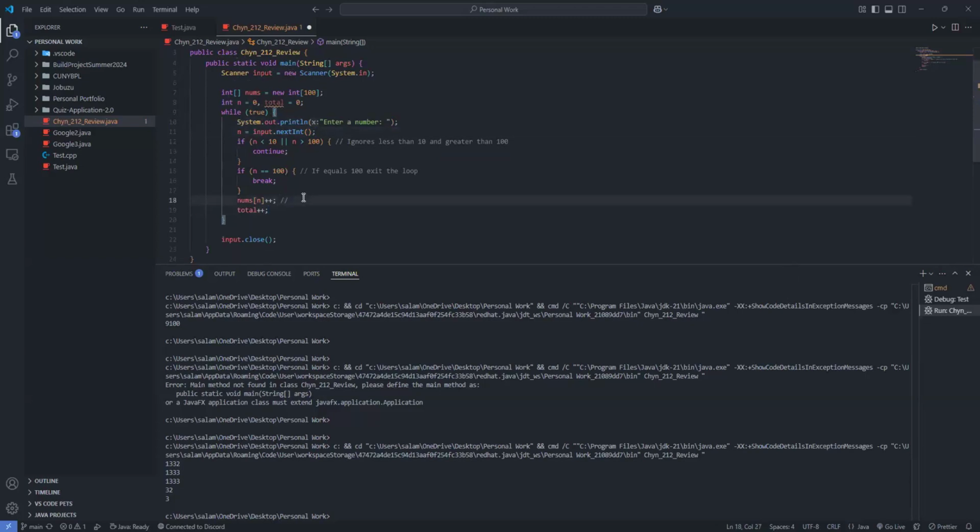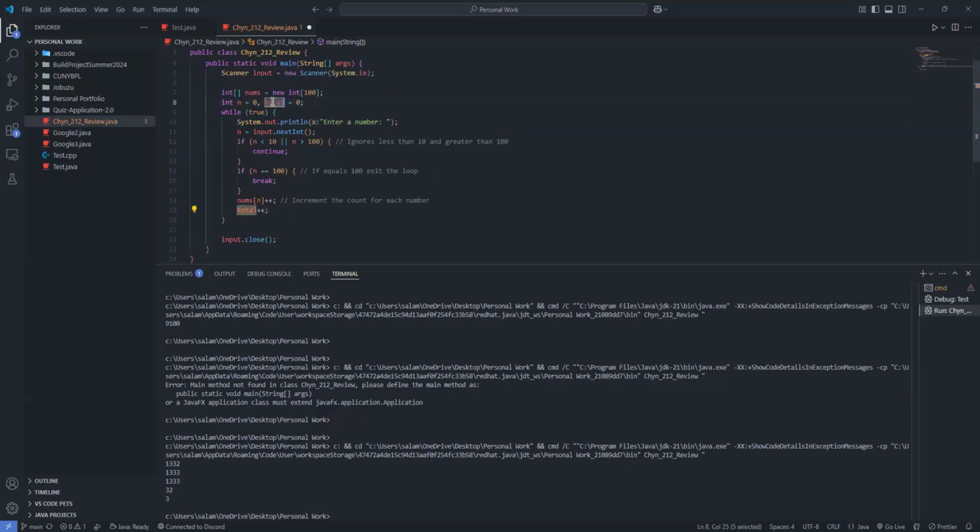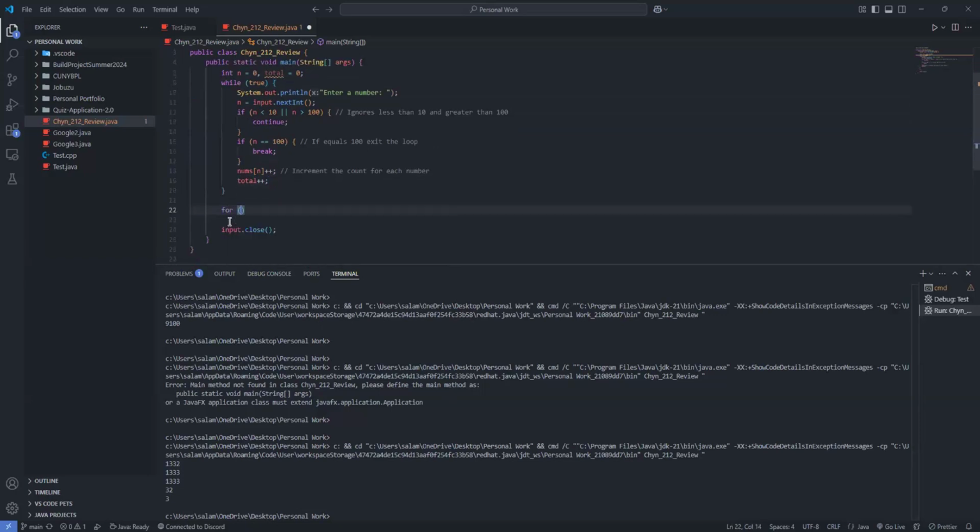Anywho, so nums[n] is going to increment the count for each number. Basically, if the user enters 19, then it's going to go to position 19 in the array and increase it by 1, right? And total is going to keep track of the total number of numbers we get, because at the end we have to print out the percentages for each one, which we're going to do now. So we're going to do for i is equal to 0, i is less than